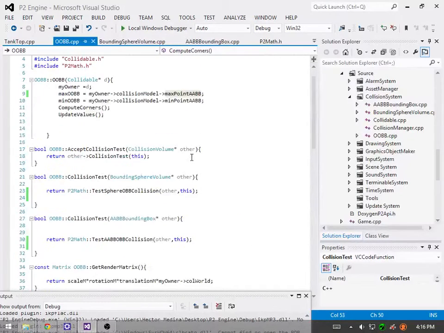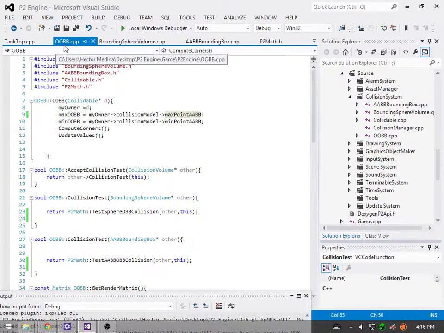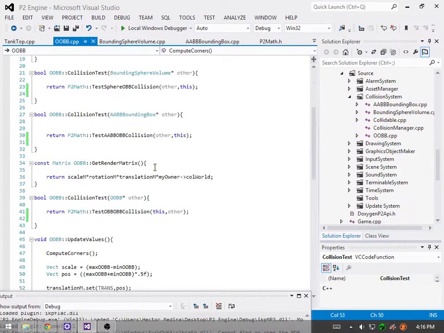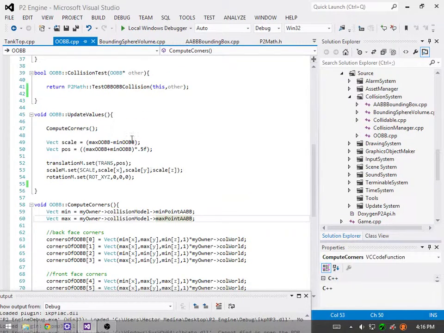Okay, so the first thing we were supposed to do is create the OBB and have it collide against the other two kinds of collisions and itself. Right now I'm just going to talk about the updates first, and then I'm going to go into the collision